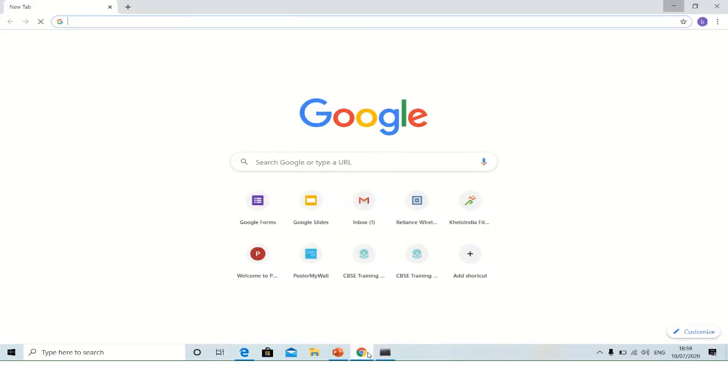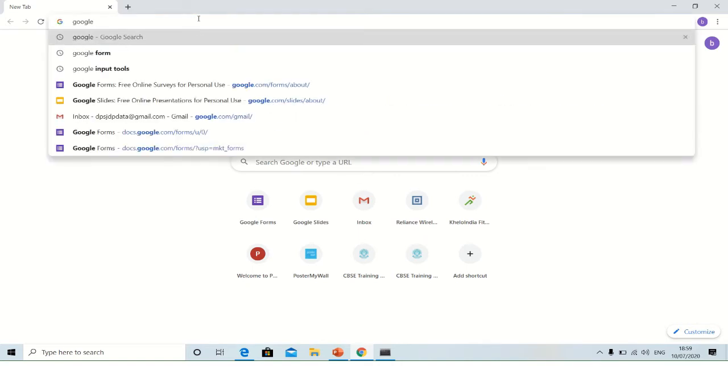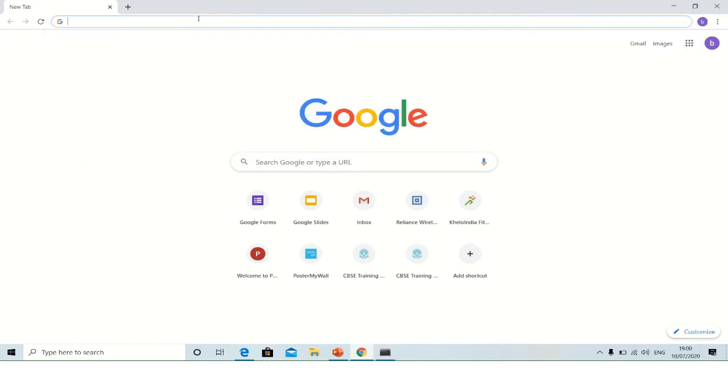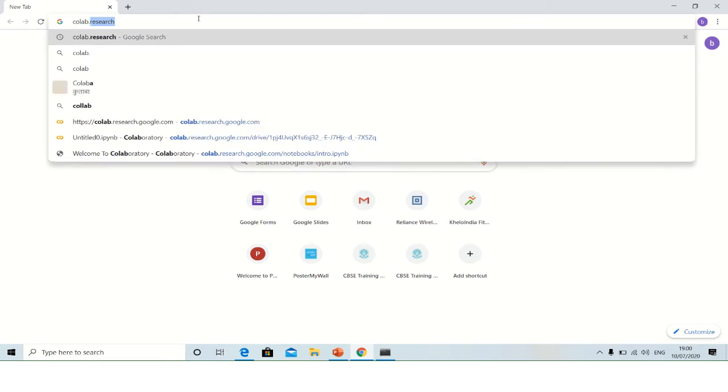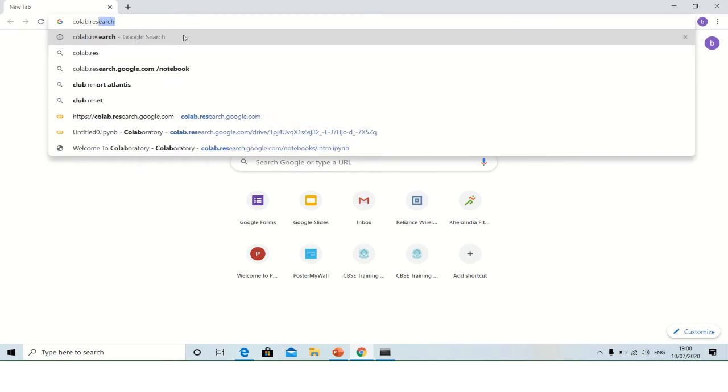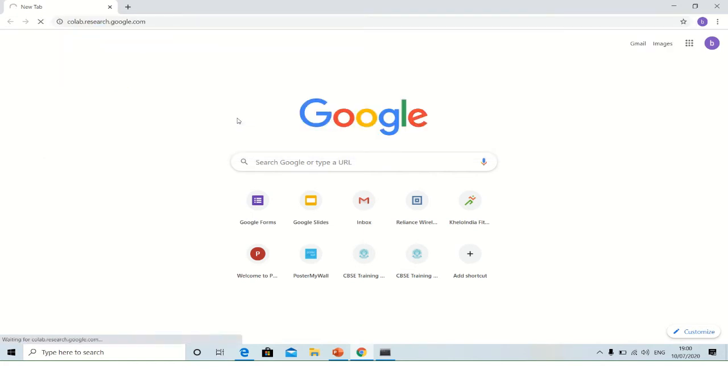Search Google for Google Colab, or go to colab.research.google.com, and click there.